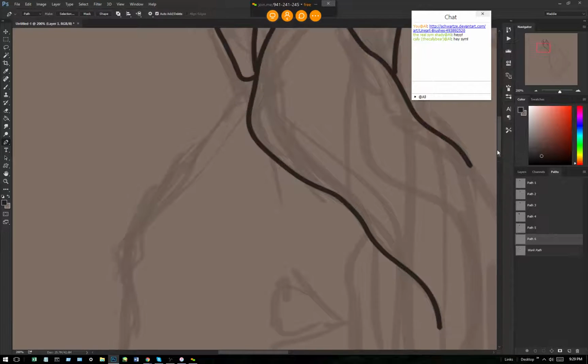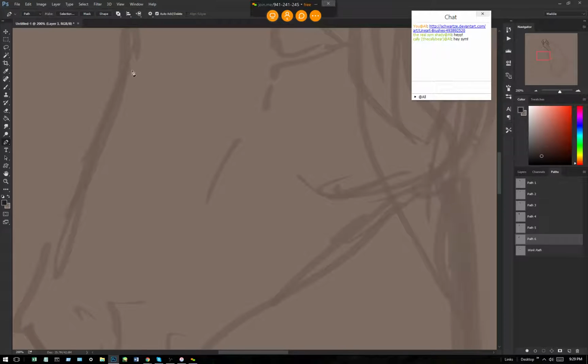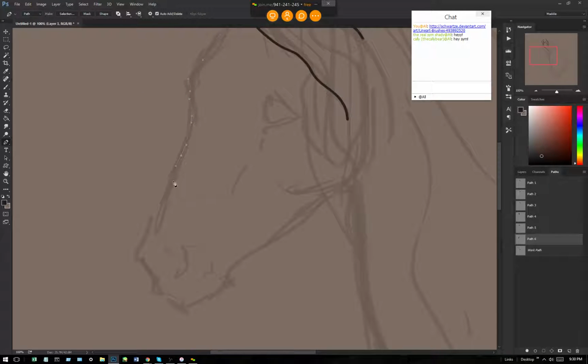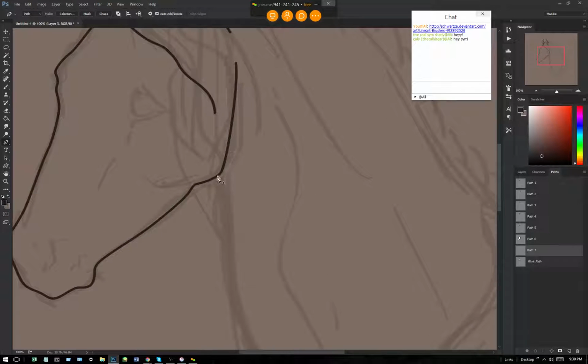All right. So this, for Photoshop, is just going to get your bigger lines. You're going to do a lot of your other lines kind of by hand. So we're going to get our bigger lines out of the way. Let's go ahead and get these bigger lines out of the way again. Like I said,